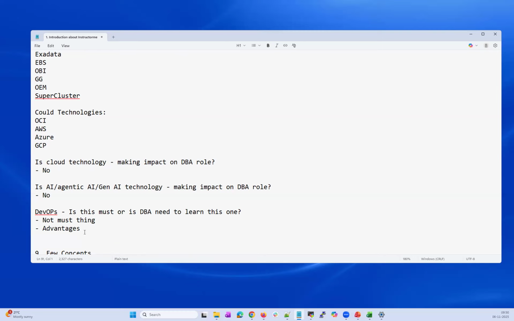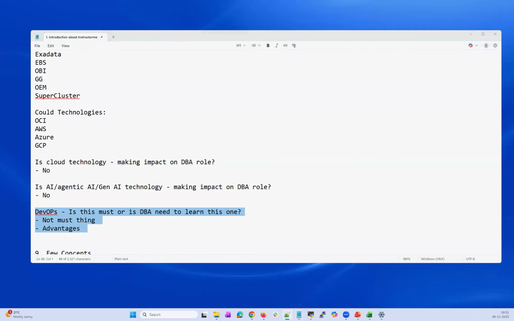For example, with Ansible you can do your patching automation. You can patch thousands of servers or databases using Ansible with one single click. That's the advantage of DevOps. Learning DevOps concepts is an added advantage for DBAs.